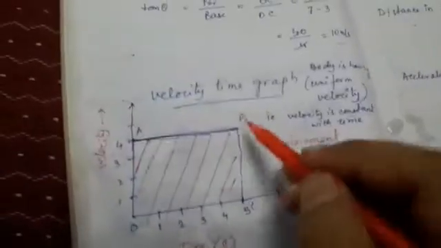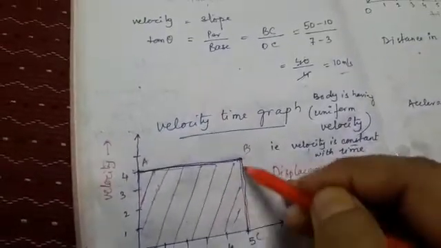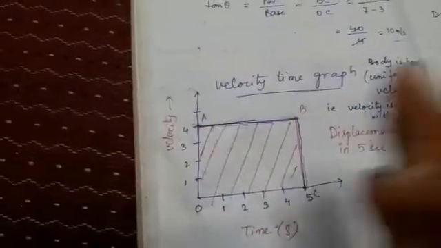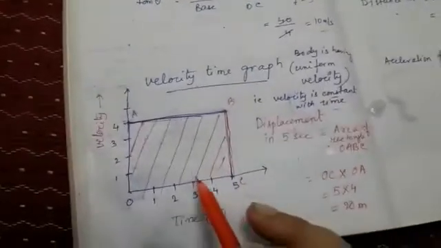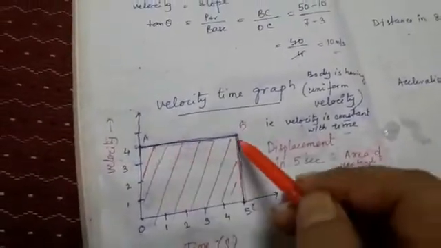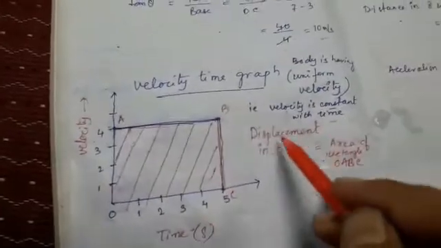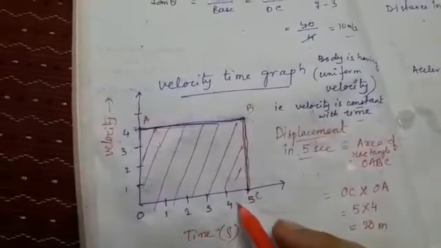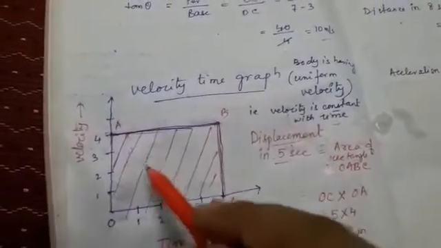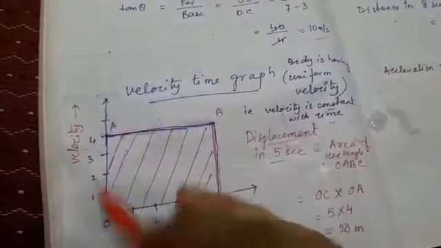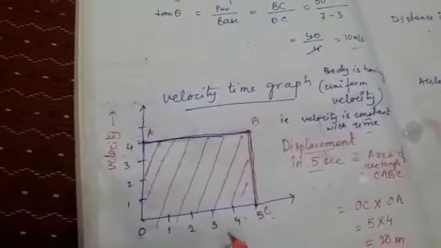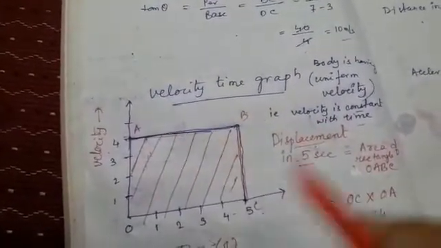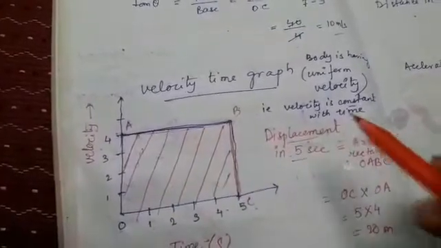So in this type of case you can calculate the displacement. Fine. So how will you get the displacement? The displacement will be the required figure. Now you join this. We are all taking this as an example. You can extend and you can have different areas and different answers also. So this figure is nothing but a rectangle. So the displacement in 5 seconds, see 0 to 5 seconds, you will get by calculating the area of this rectangle OABC. By calculating the area, you will be getting the displacement.